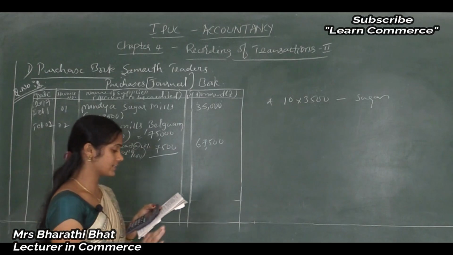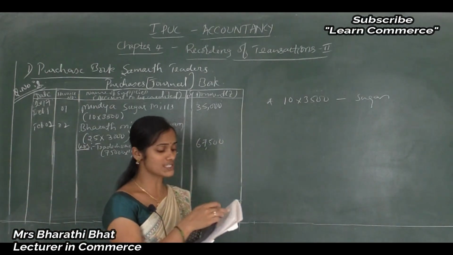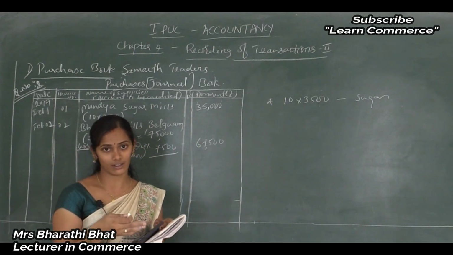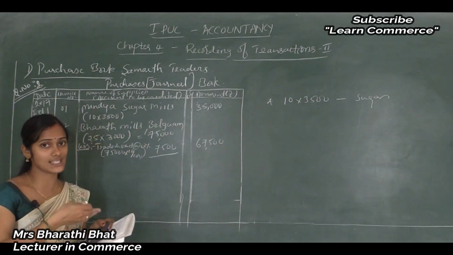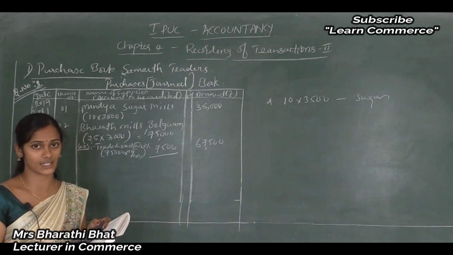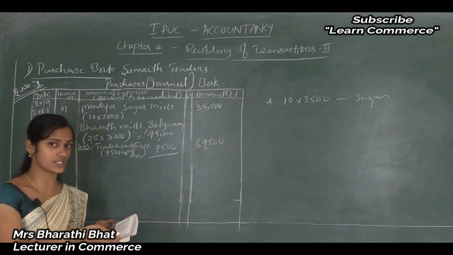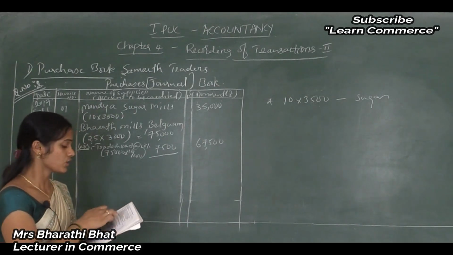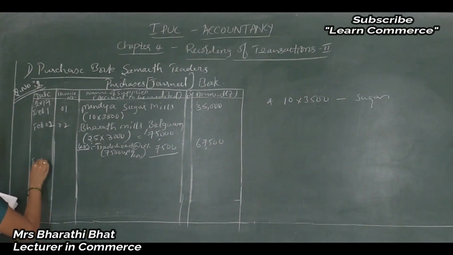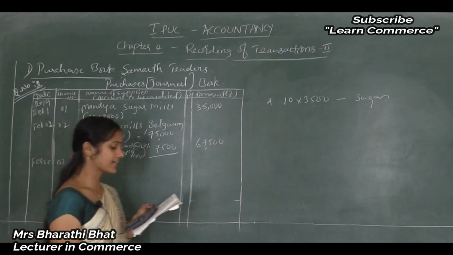So leave it. And Feb 25, bought wheat, because these Samarth Traders are trading items like wheat, rice or other items, not fixed assets. For them, this furniture is considered a fixed asset, not goods. Correct, right? So the next one, Feb 25, the third one, bought wheat from Akhil and